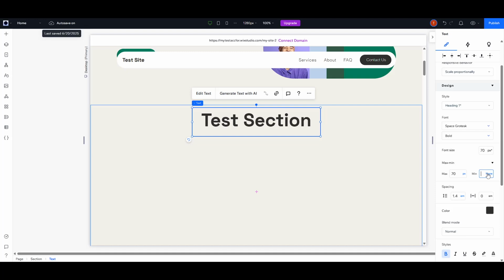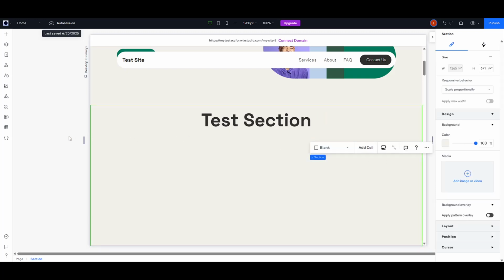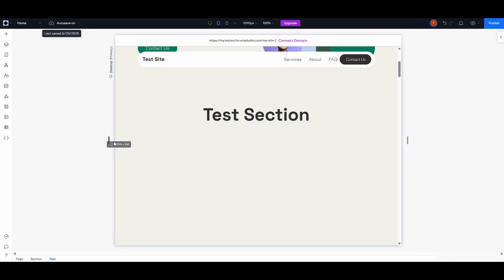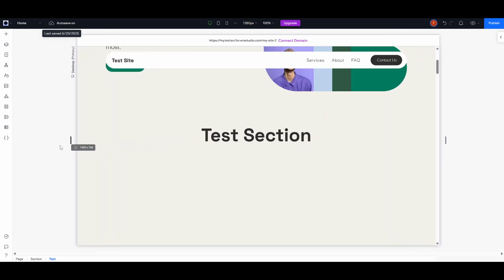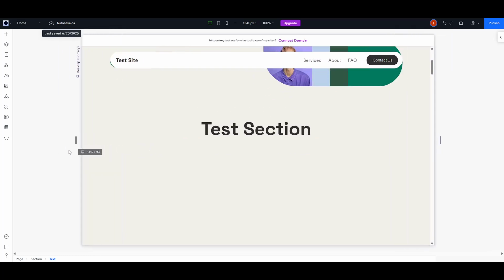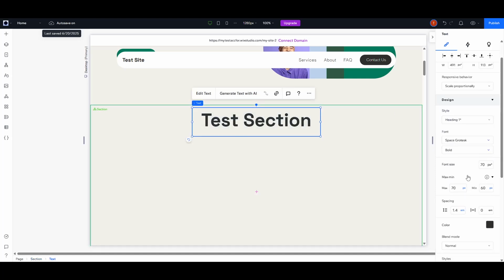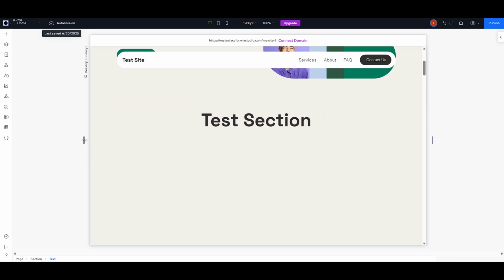Experimenting with these values is key, as it allows you to determine what scales best with the overall design of your website. You might want to consider the general layout and content to find an ideal text size range that complements your page's design. That's it for today's walkthrough on adding scaling text to your Wix website. Remember, playing around with the values will give you a feel of what looks best for your site's unique style. This minor adjustment can make a significant impact, providing a top-notch experience for your site's visitors, regardless of the device